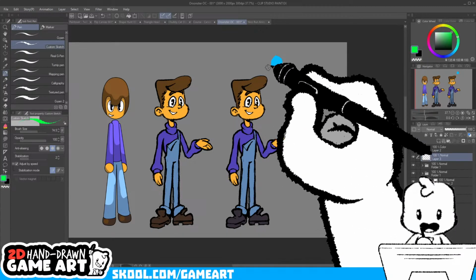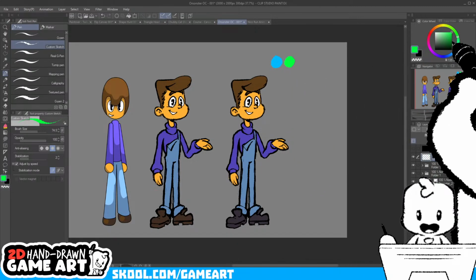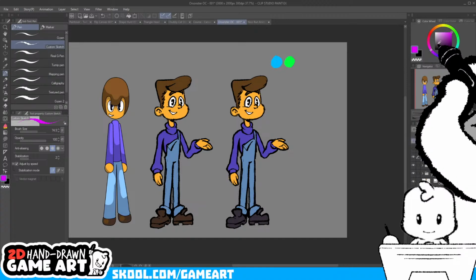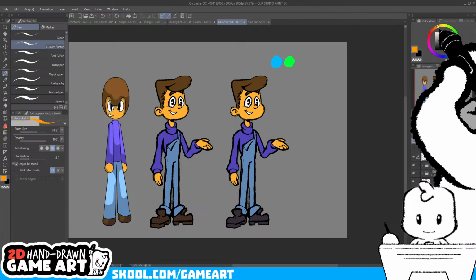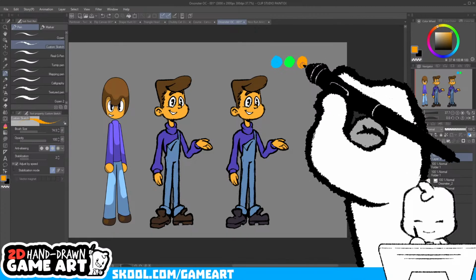Let's get this green color here. Let's get maybe this orange color here.